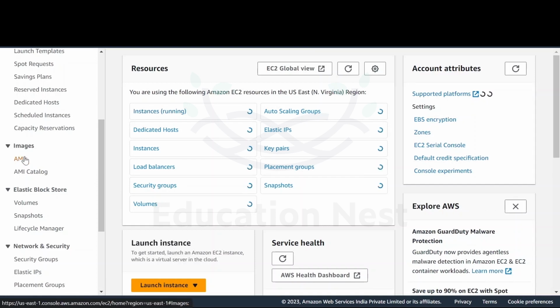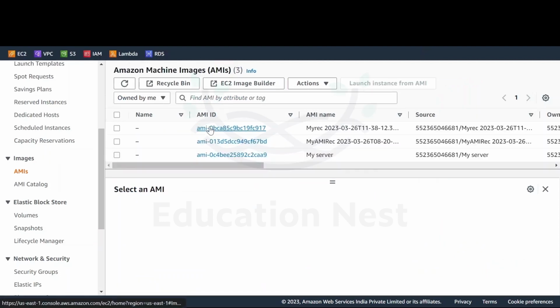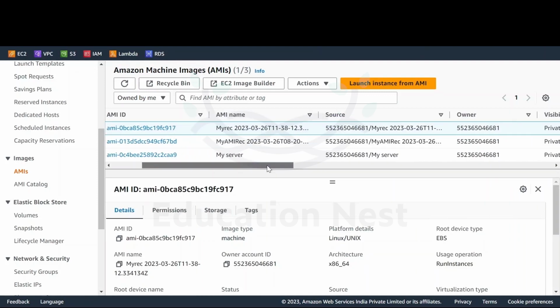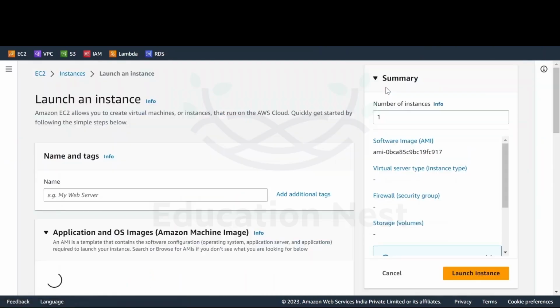Scroll down below over here, and under Images you have AMIs. When you go to this AMI section, you will see one AMI created. This is the AMI that got created, and this is the name, my recipe. Now from this particular AMI, you can launch instances. So if I just click on launch instance from AMI,